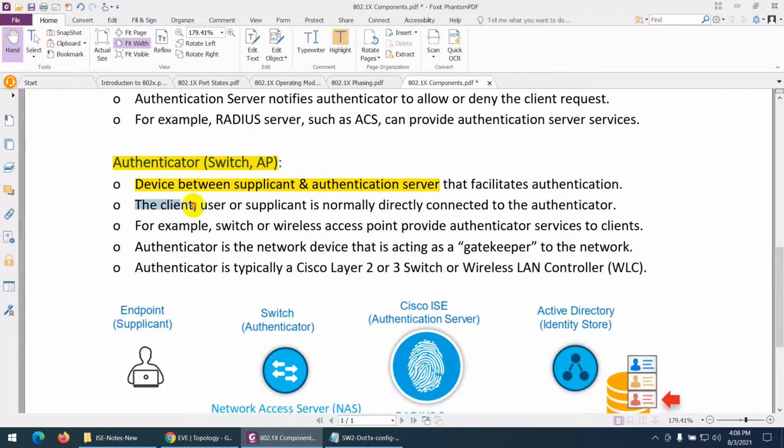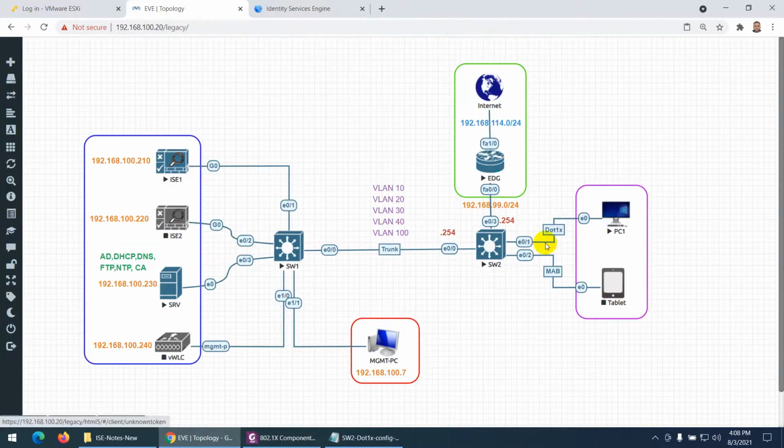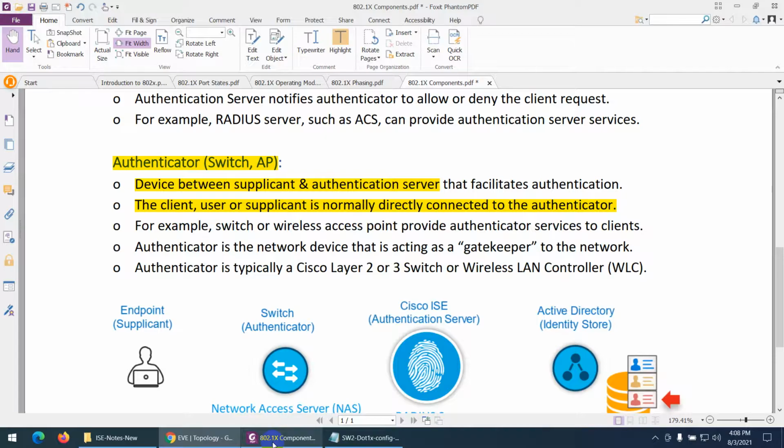So the client, the user, or supplicant is normally directly connected to the authenticator. Yes, in my case, my PC and tablet are connected directly to my authenticator switch, or access point in the case of Wi-Fi. Examples are switch and wireless access point, which provide authenticator services to clients: end device, endpoint, workstation, PC, printer, fax machine, voice over IP phone.